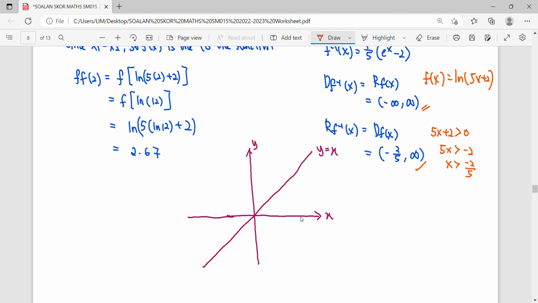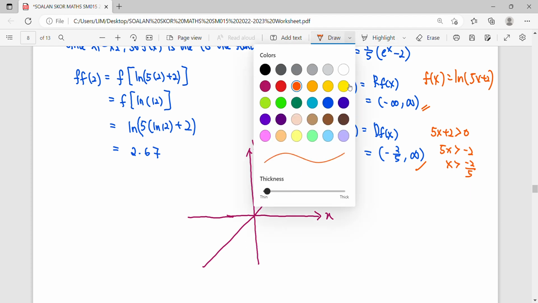Set up our Cartesian axes, which is our x-axis, y-axis, and refraction axis, the mirror line y equals x, which is going up to the right. So from here,